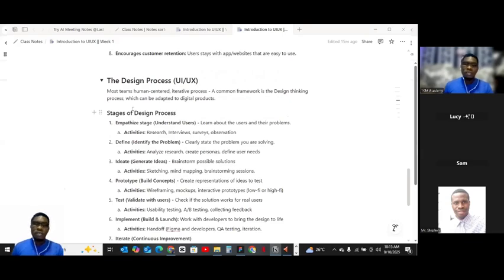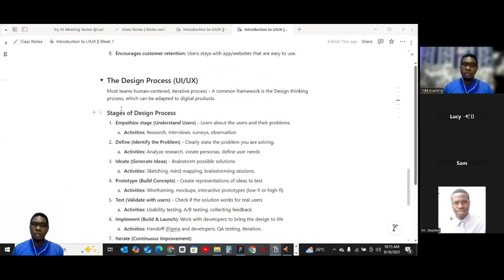Right? So most things use a human-centered, iterative process. A common framework is design thinking, a process which can be adapted to product design.